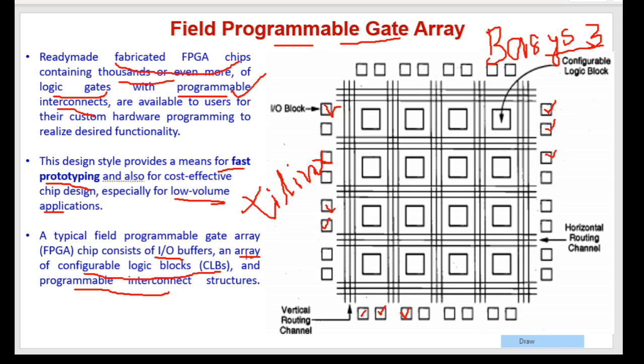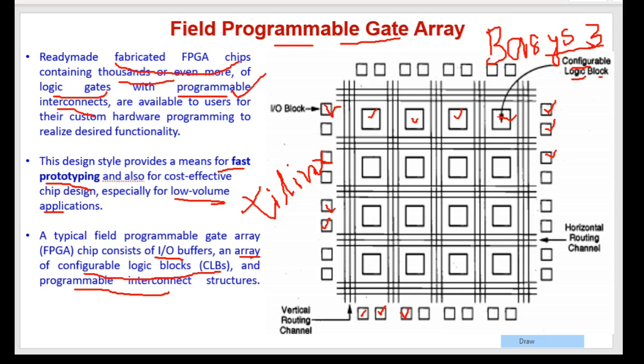And it contains an array of configurable logic blocks. So these squares are the actual CLBs, configurable logic blocks. The name suggests something configurable, so these are configurable or programmable in nature. But what is programmable? Logic means it will contain some sort of gates, gates and flip-flops, multiplexers, because in turn all multiplexers, all flip-flops are made up of some sort of gates. So we can say that these CLBs will contain some number of gates which will be programmable in nature.